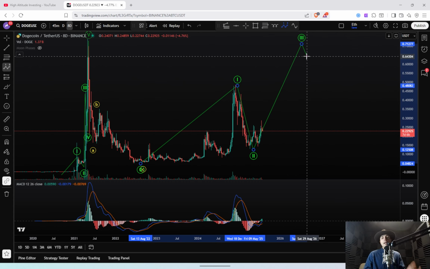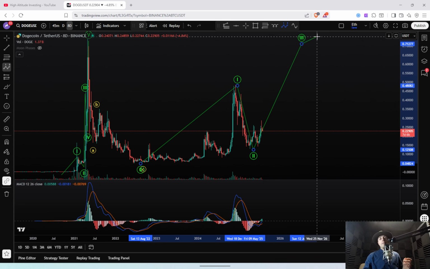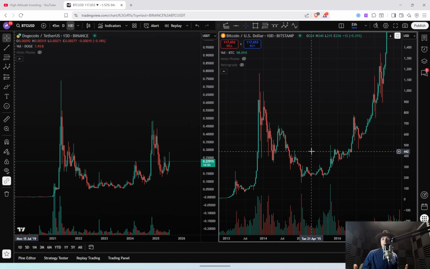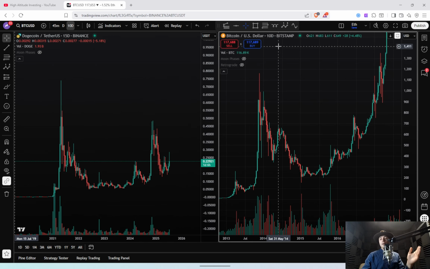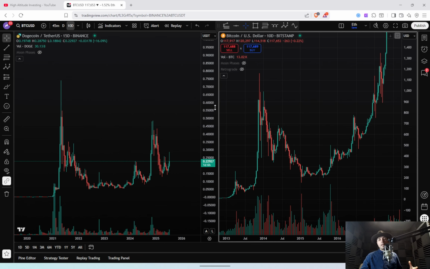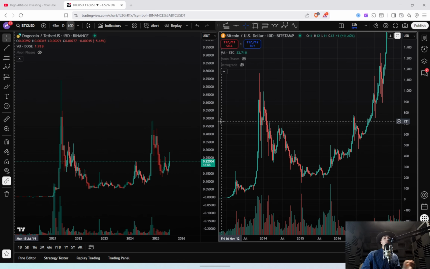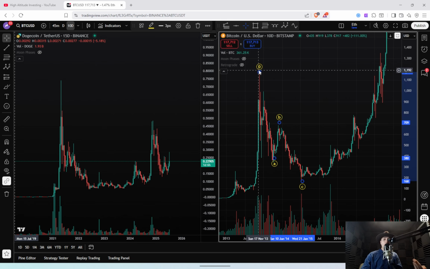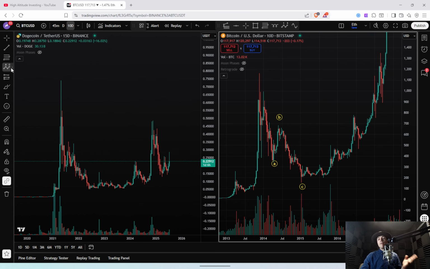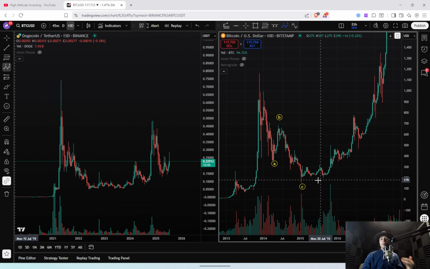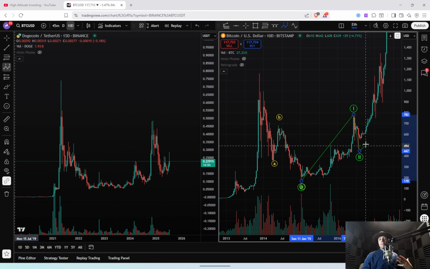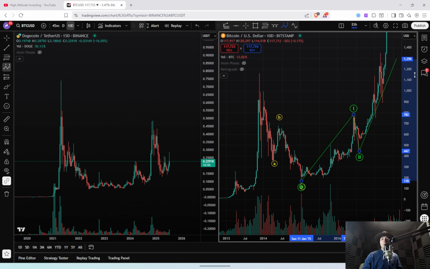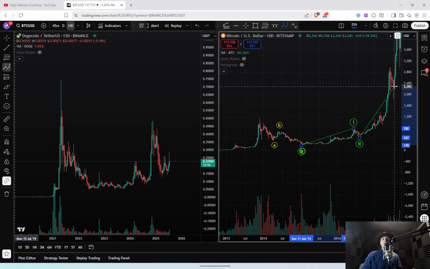Wave 3 could take us even all the way to a new all-time high above our previous old all-time high at around 72 cents. As I said, when I first got into trading and investing in cryptocurrency, that was back in 2015, and Bitcoin was doing the exact same thing that Dogecoin is doing right now. So you can see the same ABC correction, the same 5-wave structure up, and you can even see the same wave 1 and wave 2 pattern here on Bitcoin, and then Bitcoin went for wave 3, which did take it all the way to a new all-time high,